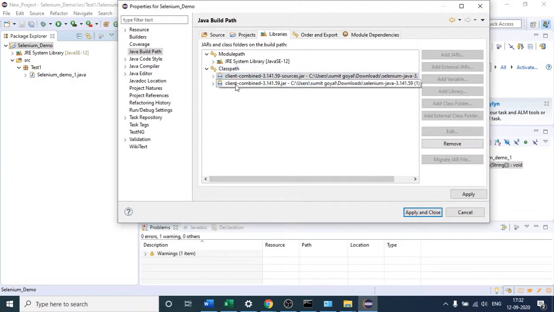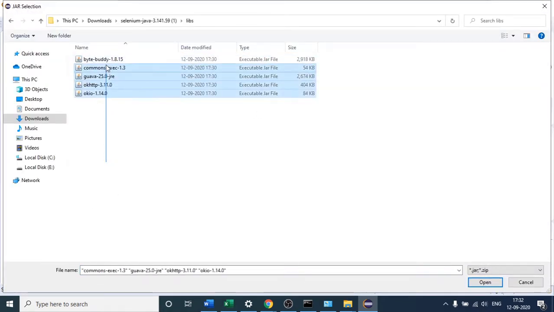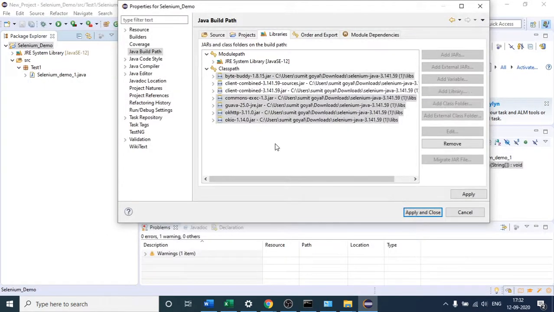You can see two jar files have been imported into Eclipse, but we are left with 5 more jars, which are in the libs folder. So again I will click Class Path first, and then click Add External JARs. Come to this folder, select all these jar files, and that's it. So you can see we have imported all the jar files in our Eclipse.